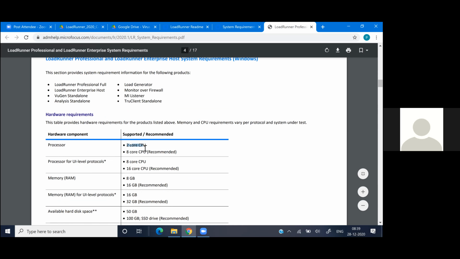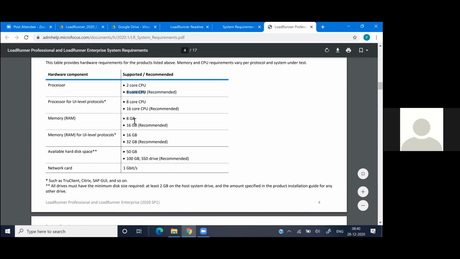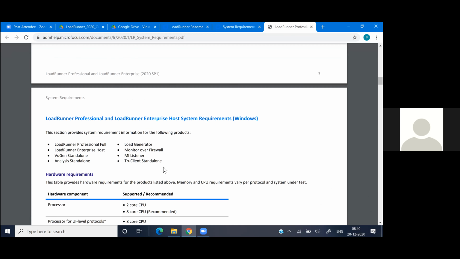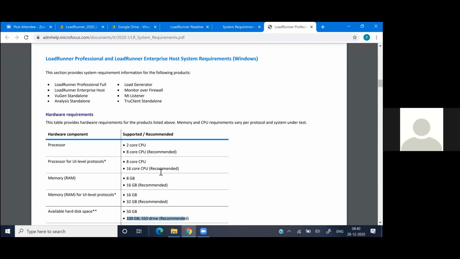You need a 2-core CPU minimum, and recommended is 8-core CPU. Required RAM is 8 GB. 16 GB is recommended, but 8 GB would be sufficient. You require at least 50 GB of free hard disk space, and a 100 GB SSD drive is recommended. So your system requirement document will tell you the minimum required configuration and the recommended configurations.